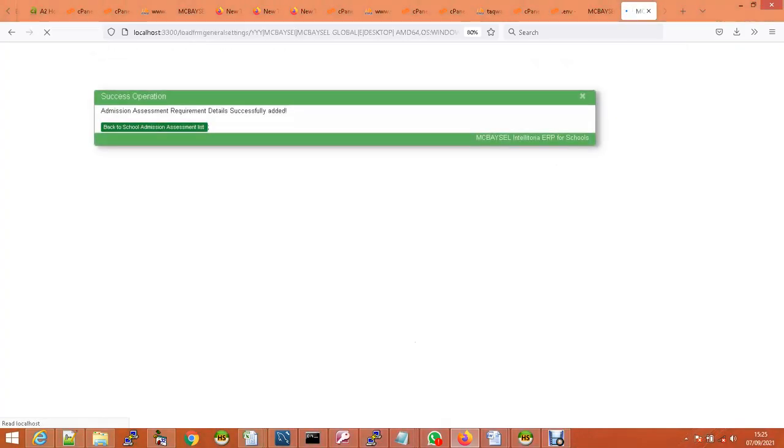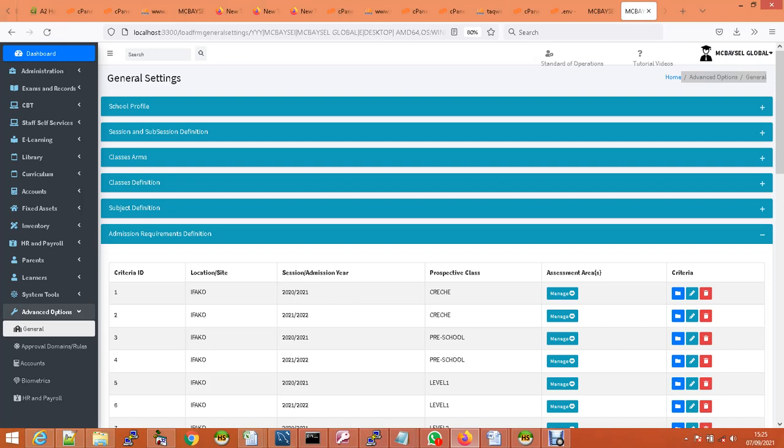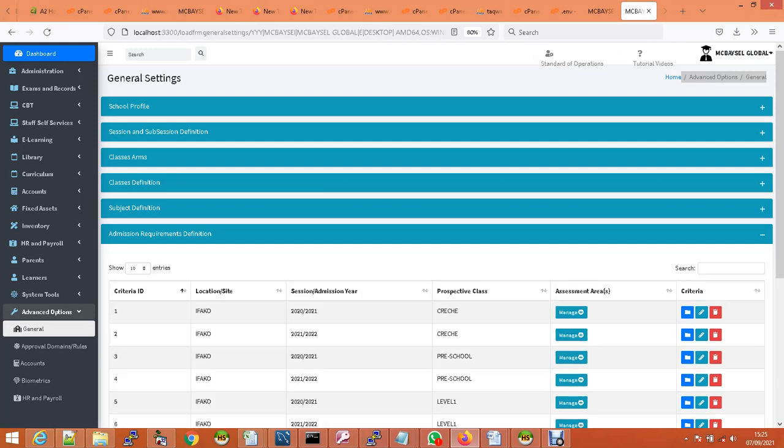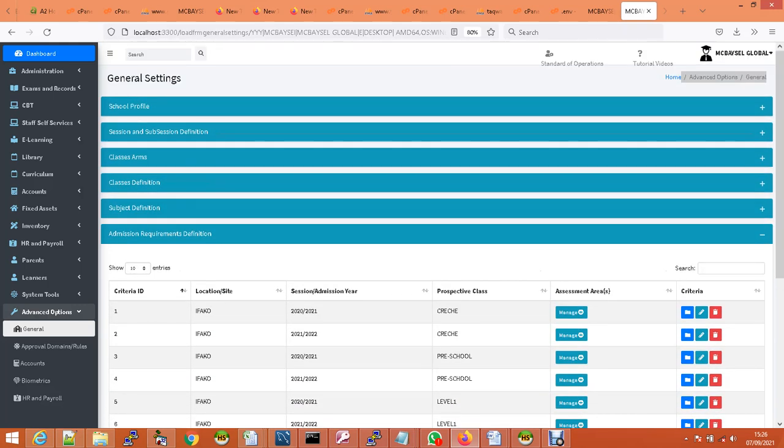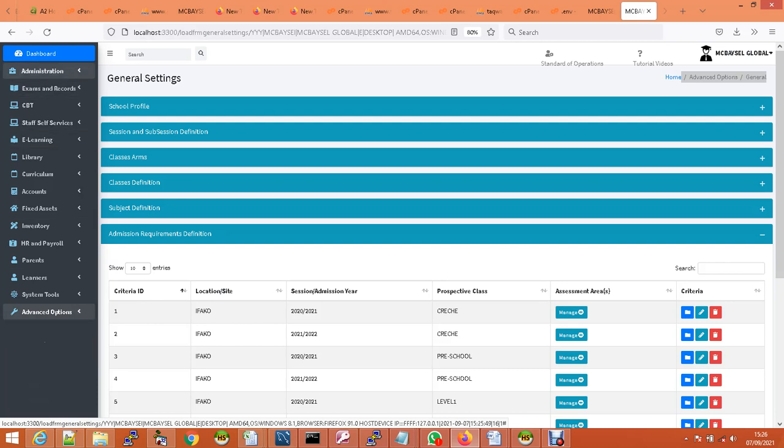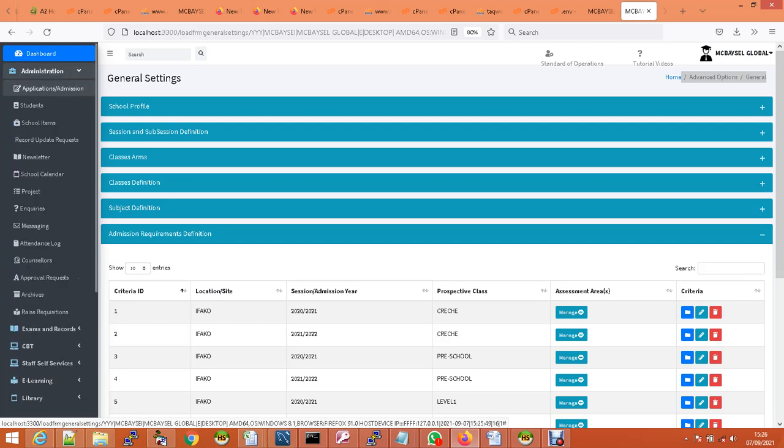So I've taken two major steps. I have been able to set the areas of assessment. I've also been able to do the criteria for admission into year 3, 2021-2022 academic session. So the next thing I want to do now is go to the administration, click on applications slash admission,